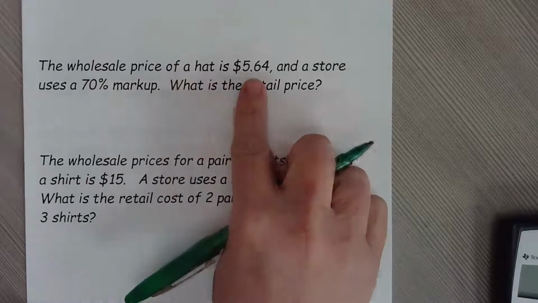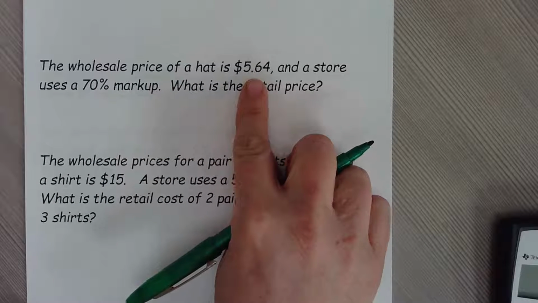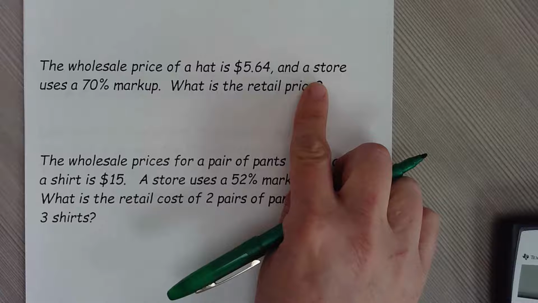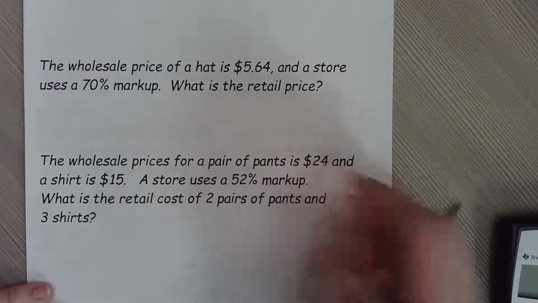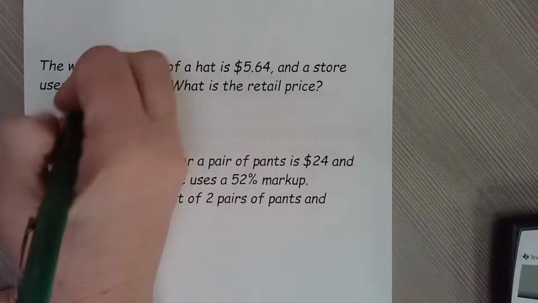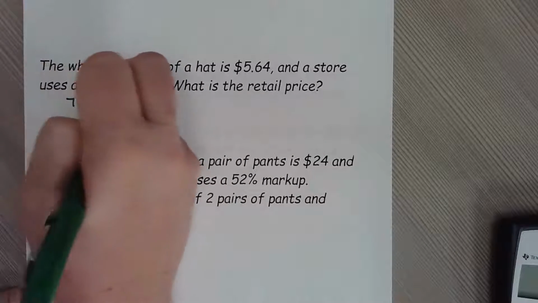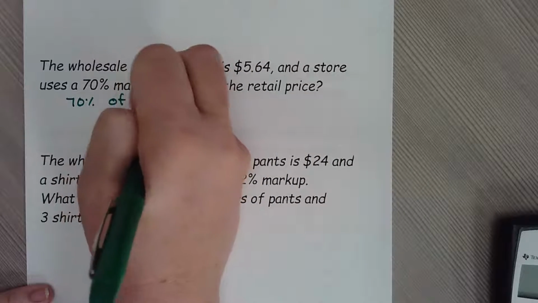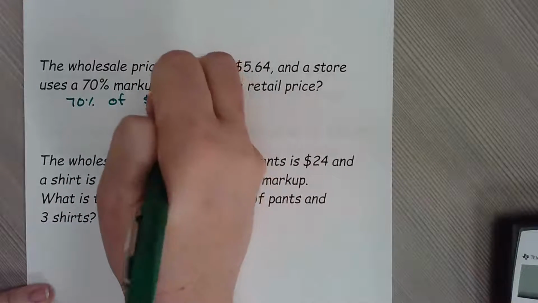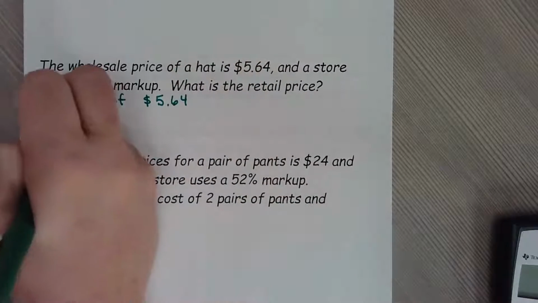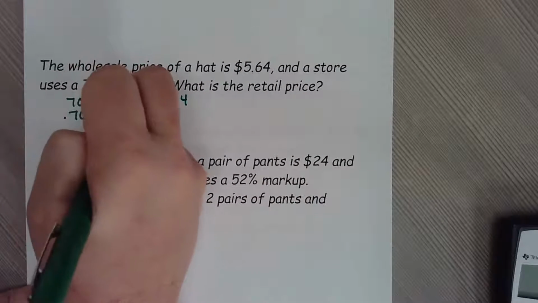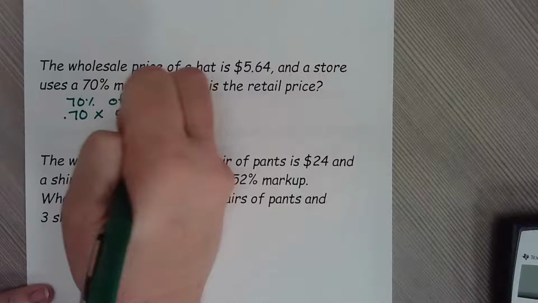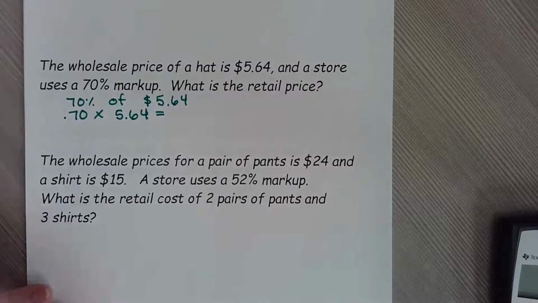The wholesale price of a hat is $5.64, and a store uses a 70% markup. What is the retail price? So same process here. We're going to find 70% of the price of the hat, which is $5.64. There we go. So 0.70 times 5.64 would give you